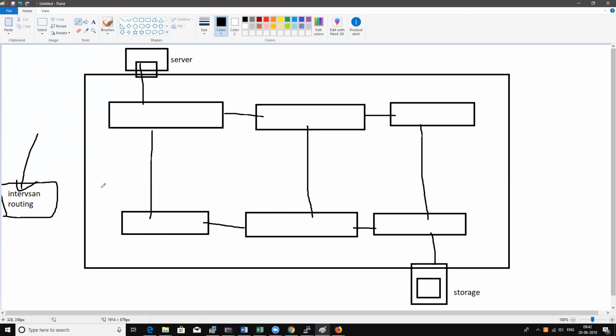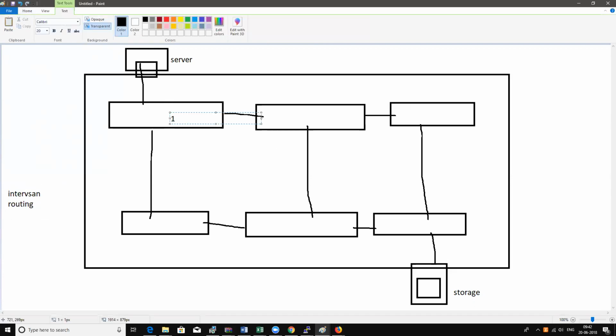Okay, so let's say this guy wants to communicate to this guy. How will the communication happen? His domain ID is probably 102. His domain ID could be